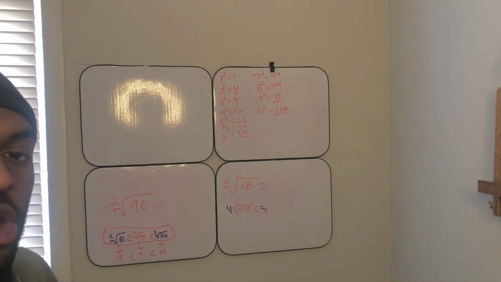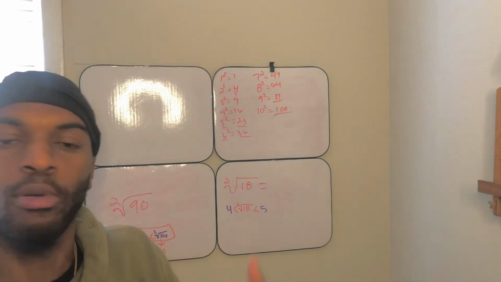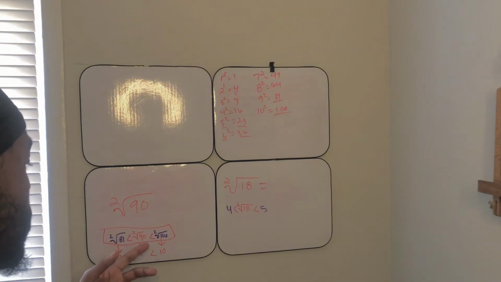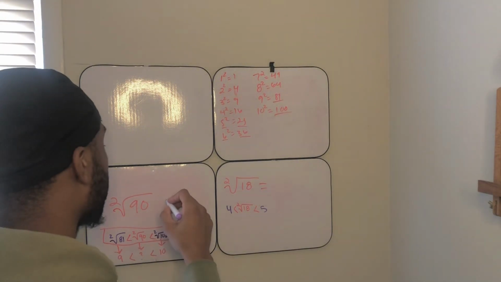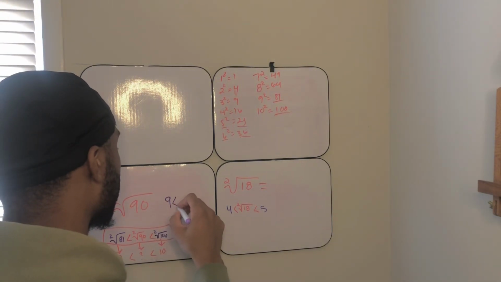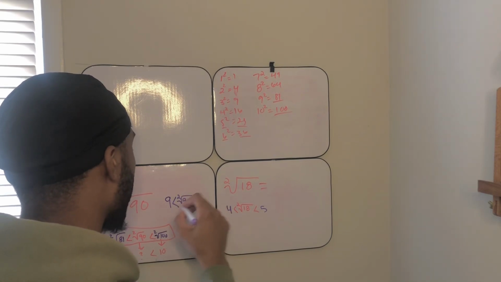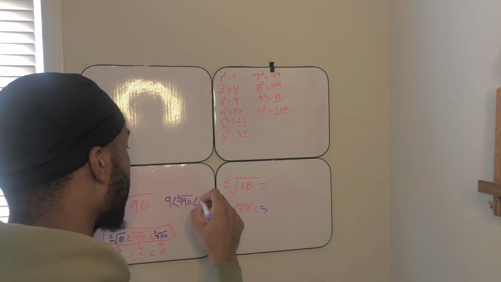And that's kind of how we go about approximating square roots. So this will be our answer right here. The square root of 90 is greater than 9, but less than